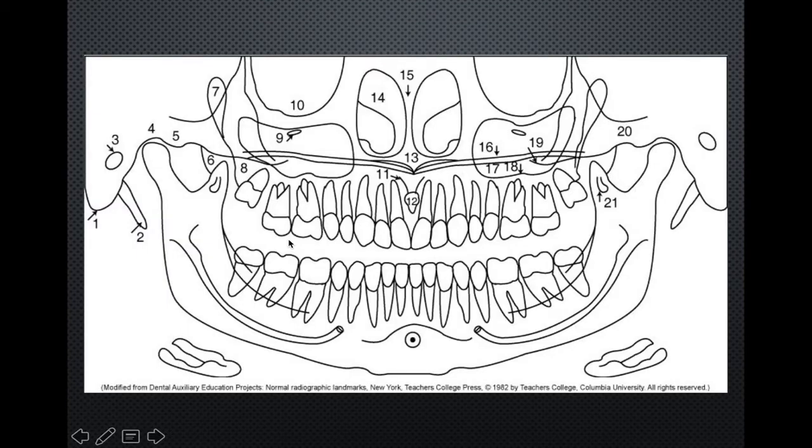So please note that all of the numbers that you see in the diagrams coincide with terminology that's located in the notes section of the PowerPoints. So this is a really good tool that you can use to study for all of your different exams, both in lecture and lab. So all these numbers coincide with the list of terms at the bottom,